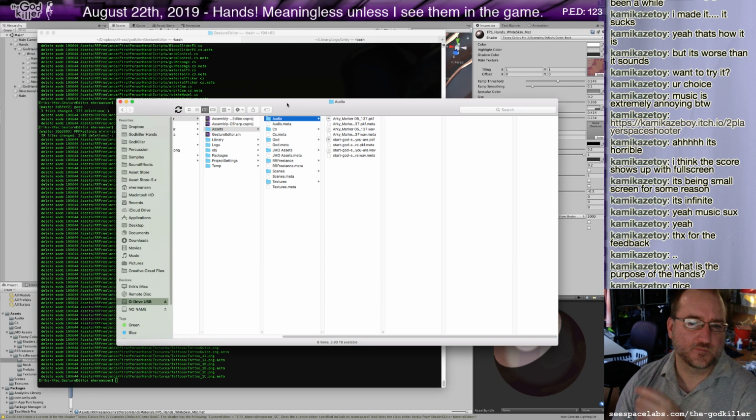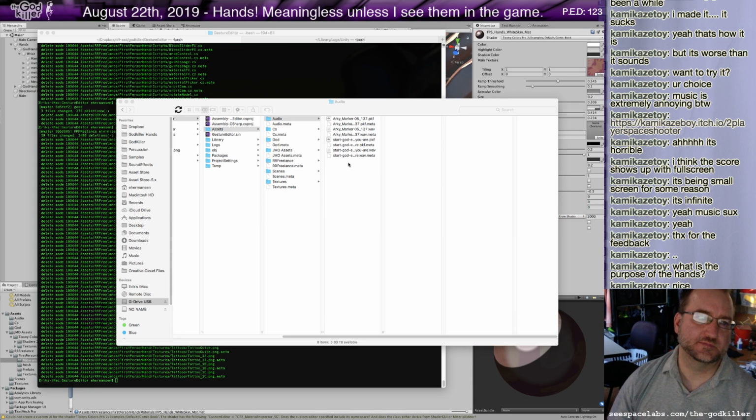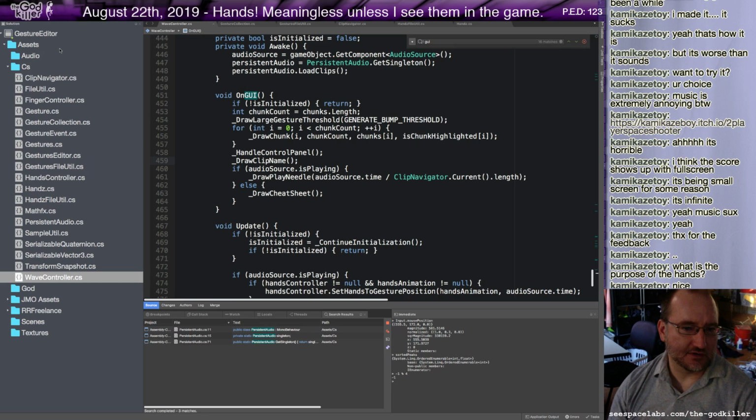Let me do one more thing. I just don't want to import a whole bunch of crap into my game project. So I'm going to go in here and find all of the code that